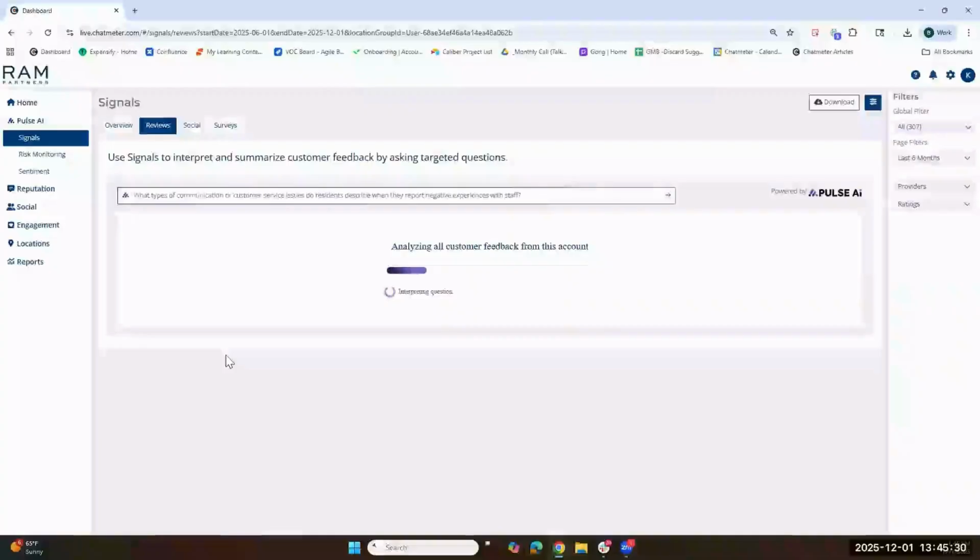So again, as a reminder, you can type in really whatever you would like at the top, or you can go ahead and go with the ones that we recommend for you just to get you thinking, and using any combination of that is great as well. So maybe you start off with one of your questions like I did, what are people saying about the staff? And then you dive further in deeper to really understand more what the AI tool is picking